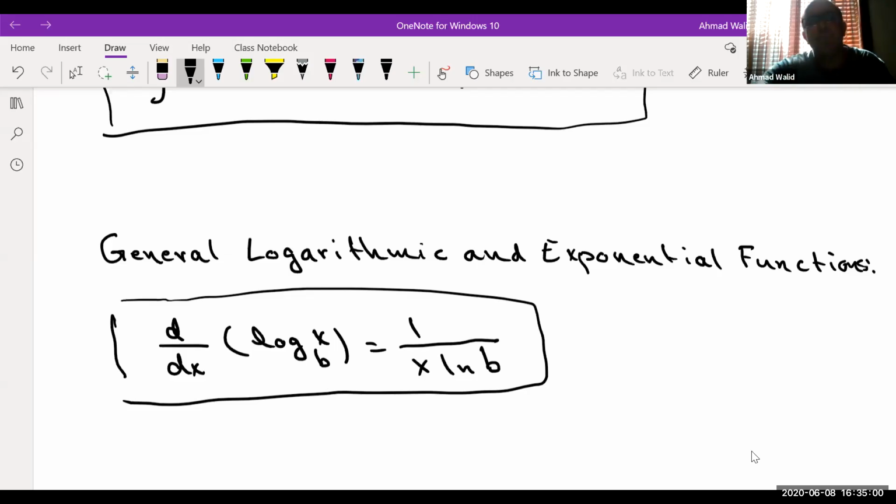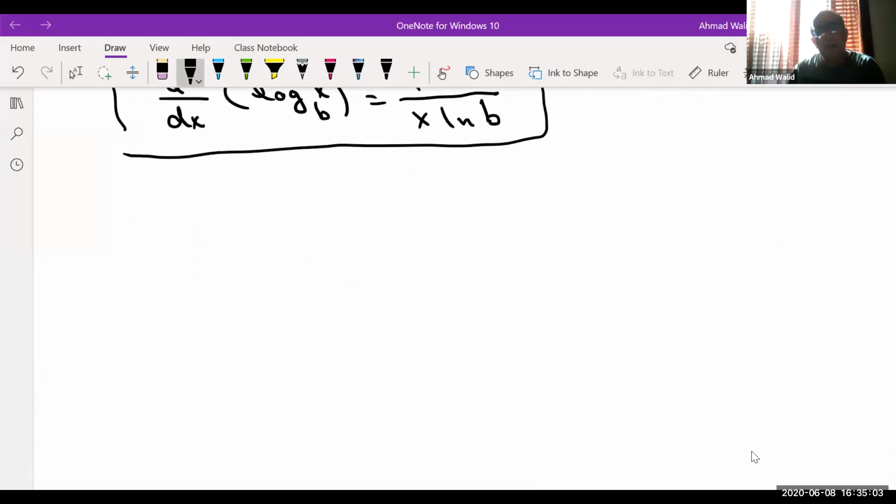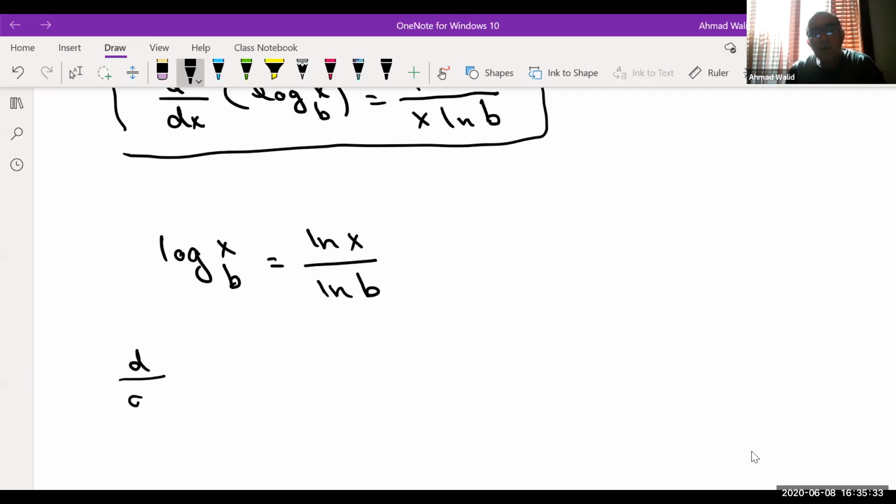Let me do the proof for you. Remember the other day we discussed that if I have log of x base b, we named this formula the change of base, that I can write this as ln of x over ln of b. Correct? Now, if I take the derivative of both sides, then d over dx of log x base b equals